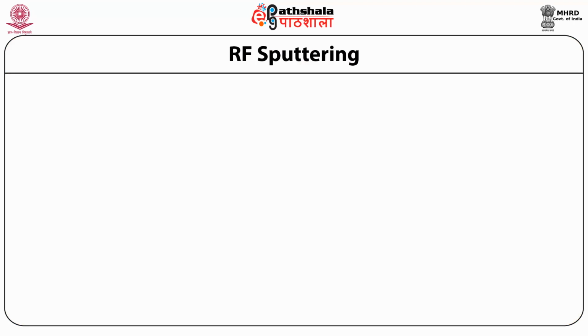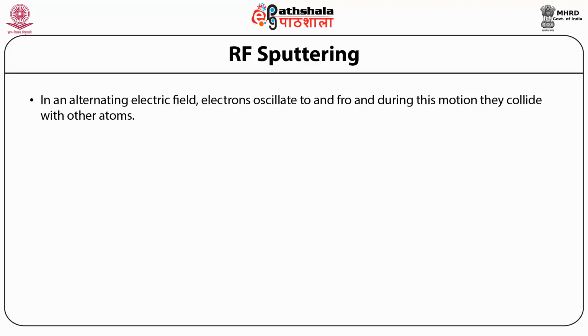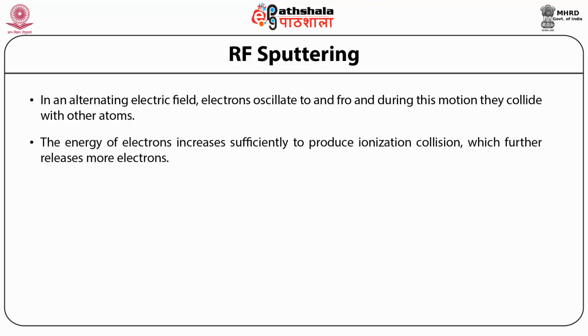Let us now discuss RF sputtering. In an alternating electric field, electrons oscillate to and fro, and during this motion they collide with other atoms. So the ordered motion changes to random motion due to the collisions. The energy of electrons increases sufficiently to produce the ionization collision, which further releases more electrons as shown in this figure. So the high voltages